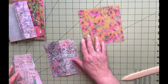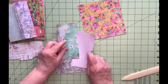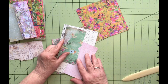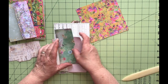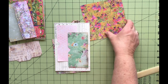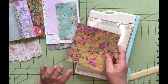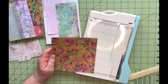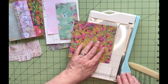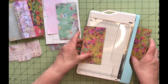Okay, all right, so the first one we're going to start out with is fairly simple. It is these pockets, and they go on a page like this or like this. Cute, right? So all you need to do is take 6x6. Now if you have single-sided and you want two different ones, you probably should take two different papers, but I found one that is double-sided here, and if I could figure out which way is up on these flowers, yeah, that looks pretty good. All we're going to do is cut them in half, so they're 3x3, and I'm going